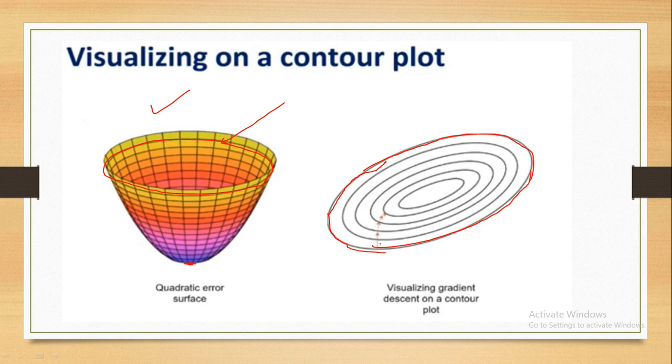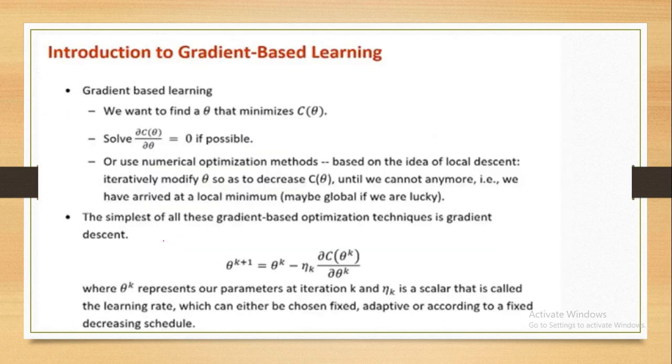Now what is my requirement? I am at some point over here. Now I want to change the values of W1, W2. So it will move to the next one, and the next one, step by step, until it reaches the smallest value, the nearest smallest value. So this is nothing but a visualization of the error surface on a contour plot. That is quite a good error surface, so we can visualize it so nicely. That's that. Now